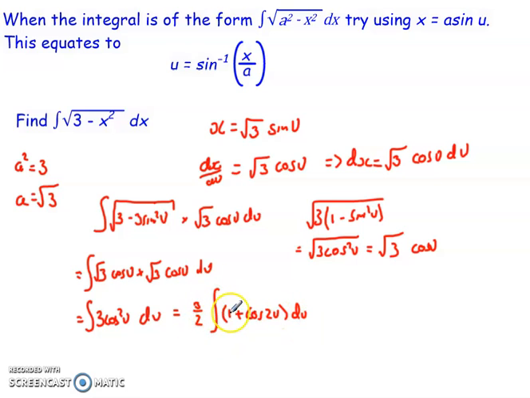So I end up with 3 over 2 times the integral of 1 plus cos 2u du. If I integrate that, what I end up getting is 3 over 2 bracket u, then the integral of cos 2u, so that's plus a half sine 2u, all plus c. So what I now have to do is eliminate the u such that I can then get this into a nice simple format for me to use. So if I go back to it, let me just rewrite it out. I've got 3 over 2 bracket u plus a half sine 2u